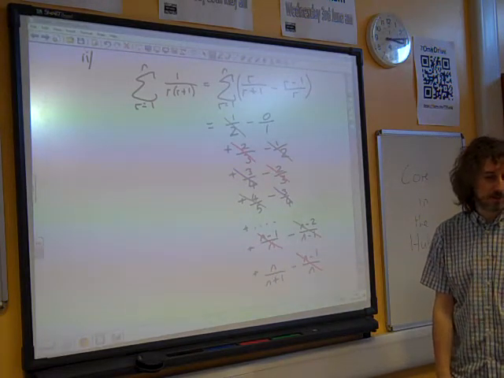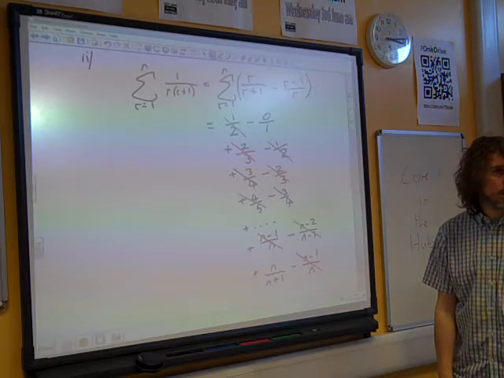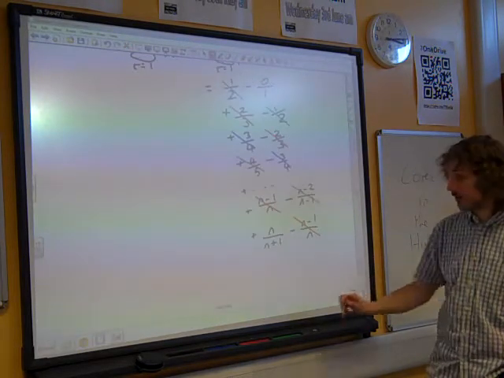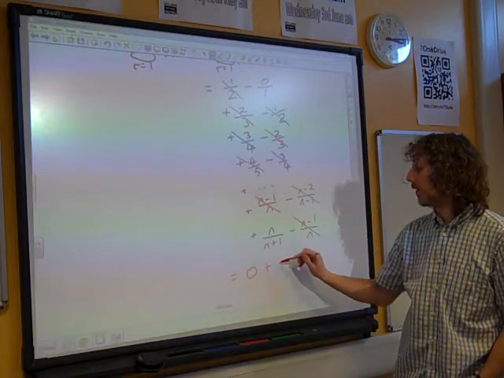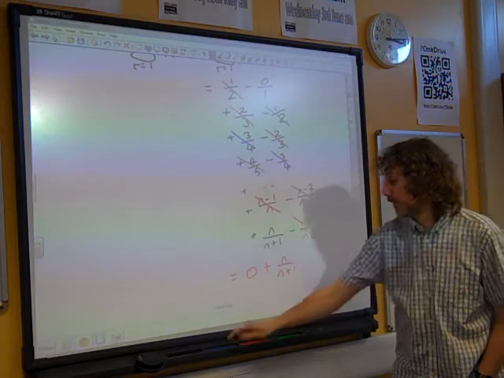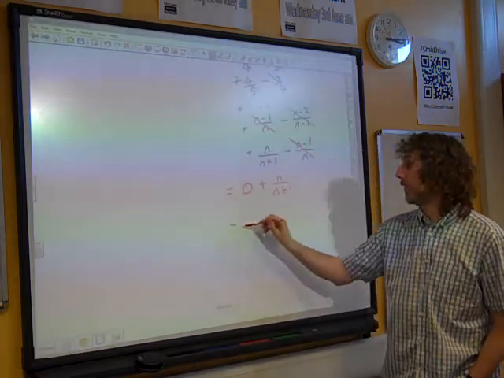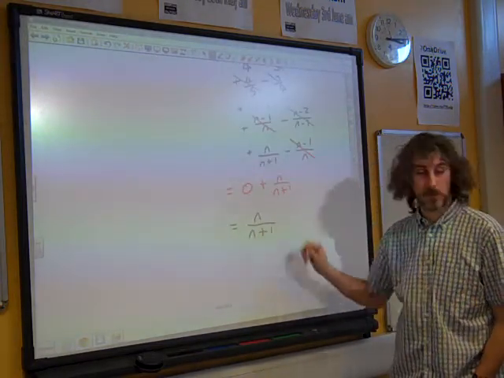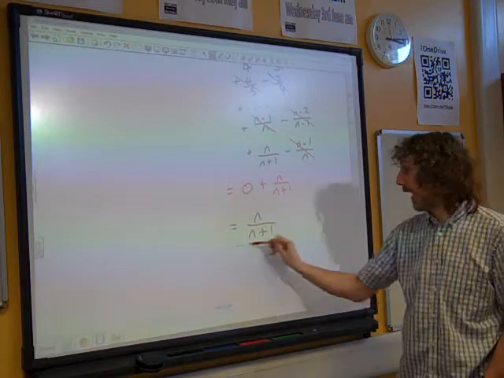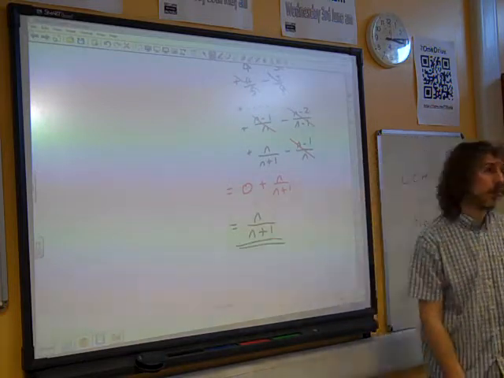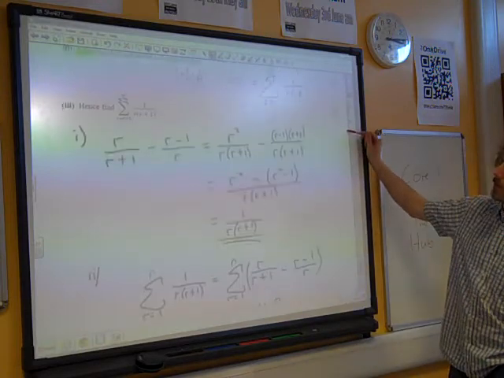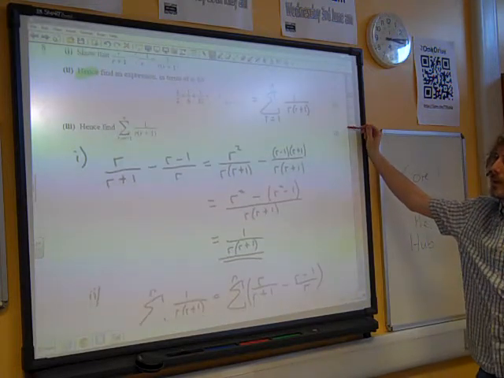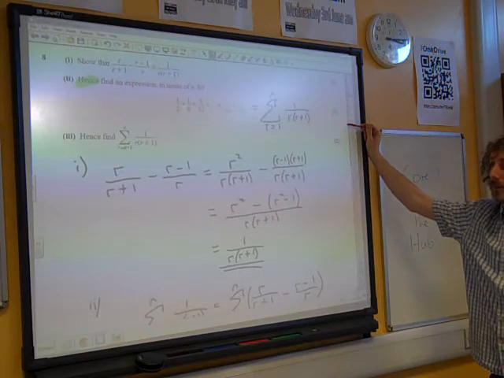There we are, I think that's everything, isn't it? Which leaves me with actually a remarkably simple one at the end. 0 plus n over n plus 1, sorry that that's come out red. I don't need to write the 0. There it is, that's all there is to it. N over n plus 1 was the sum of those terms. It wasn't a show, that question, was it? No. Hence find the sum